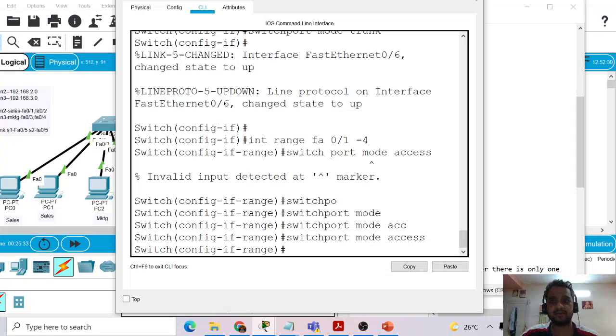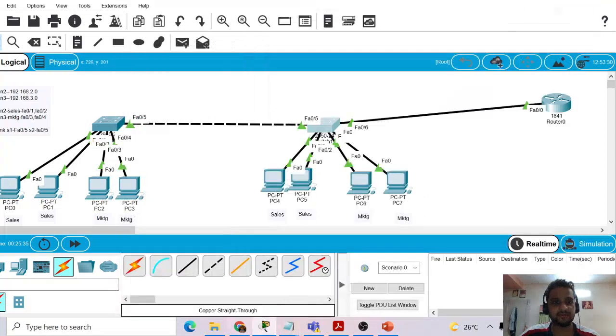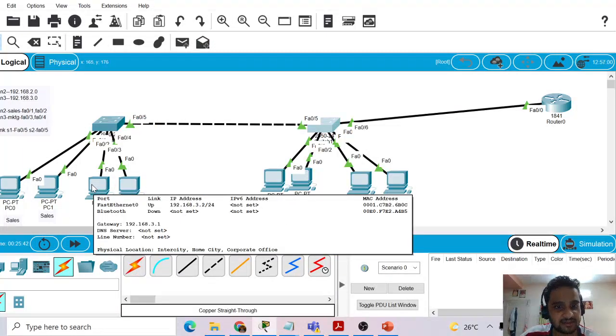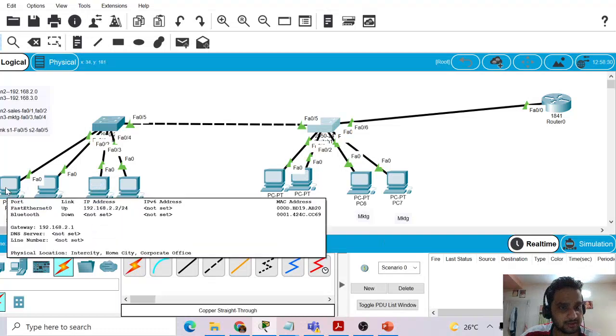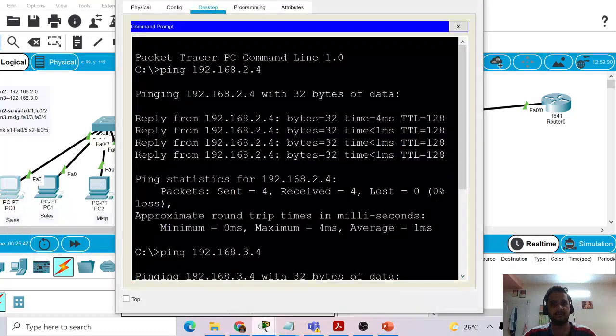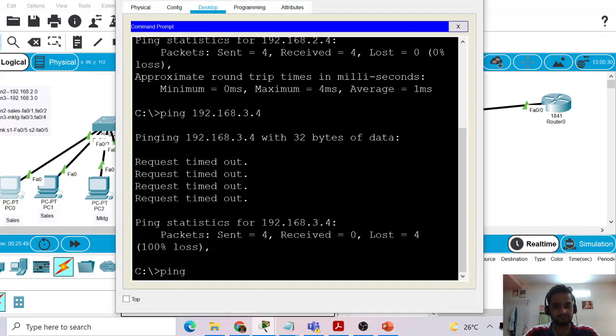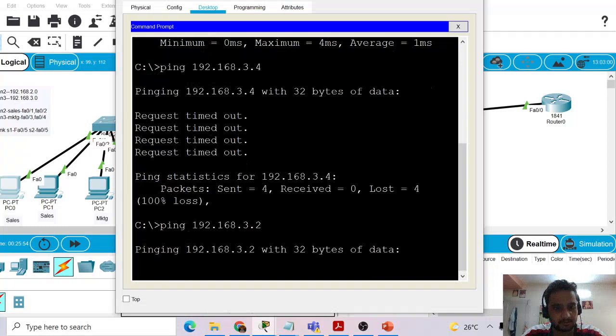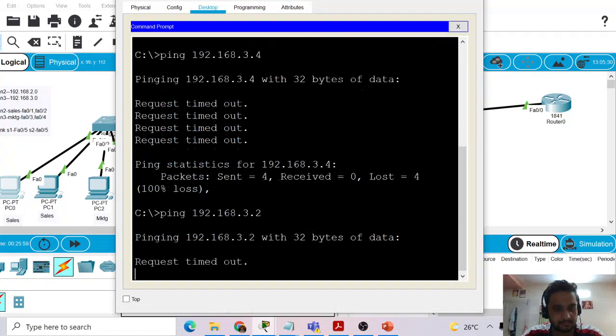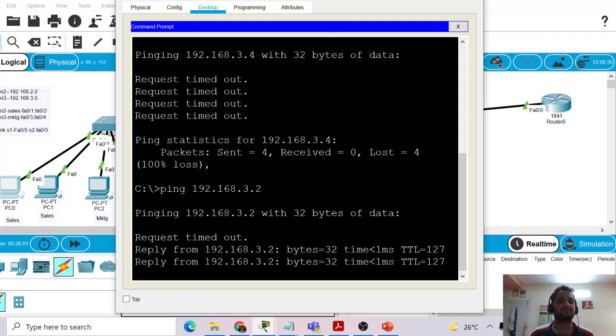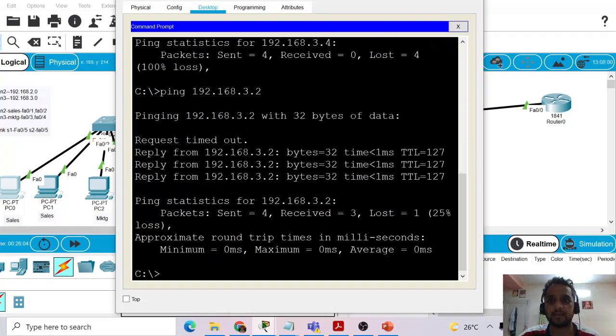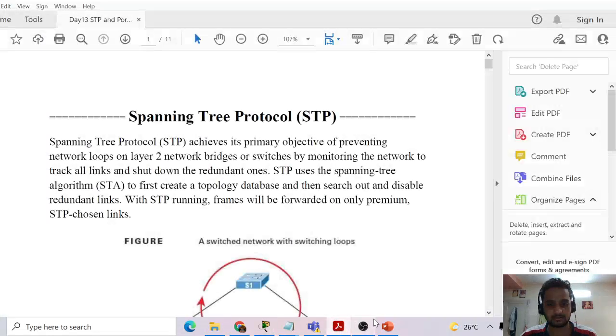So now what will happen is I will be able to interact inter-VLAN. Let's say I will be able to interact between the sales and marketing departments. So marketing IP is 192.168.3.2 and this is 2.2. So let me ping. It should now ping. Yes, it's getting pinged. So our inter-VLAN is working. So now let's move to